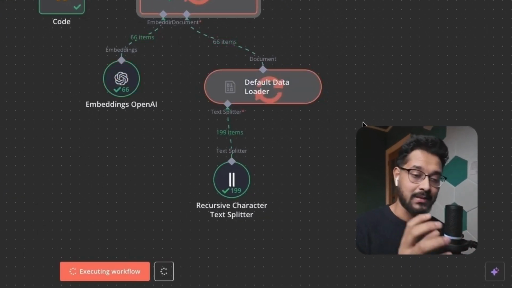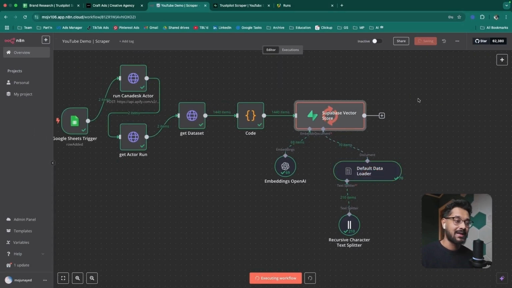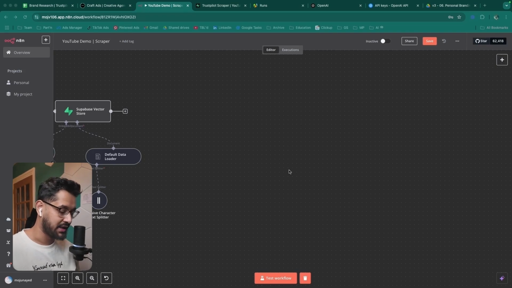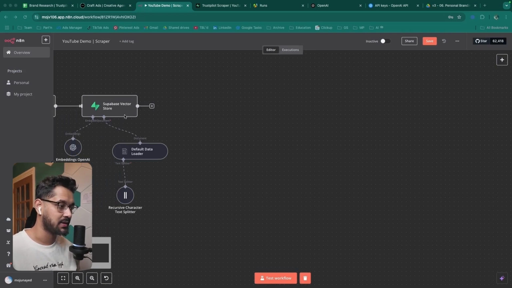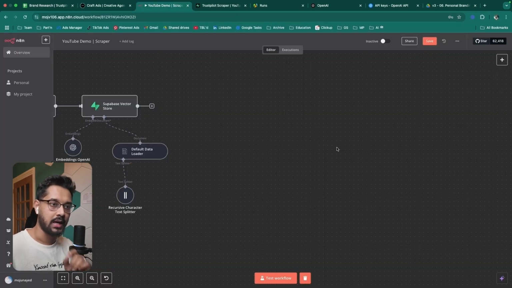This will take some time, bear in mind. It normally takes me about 10 to 15 minutes, so I just click on save and leave this the way it is. Also, I've renamed this workflow to YouTube Demo Scraper just to be a bit more organized with everything that I'm creating. Now, to finish off the last part of this video where I connect a chat agent that has access to this database containing all of those Trustpilot reviews from Rise Superfoods,